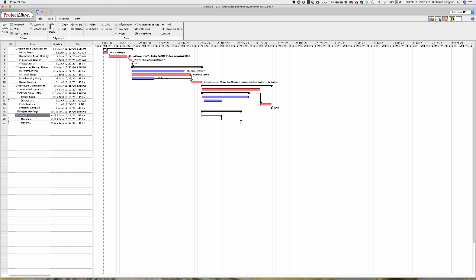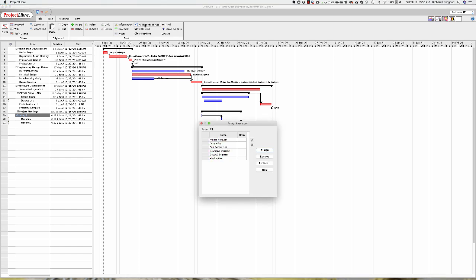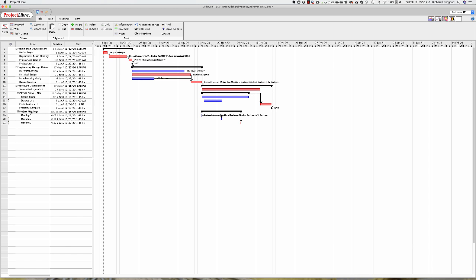some resources to it. So if we go assign resources, here's the project manager, and we could say we also need to assign the mechanical engineer. It's going to be a little slow now while it catches up. This is so characteristic. Let's say they're the only ones who need to be in there. And so now we've got people assigned to it. And when we roll it up,